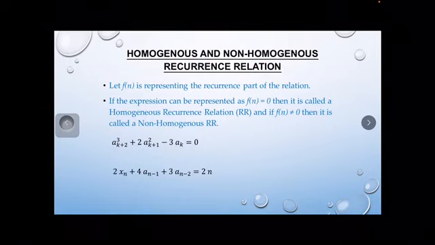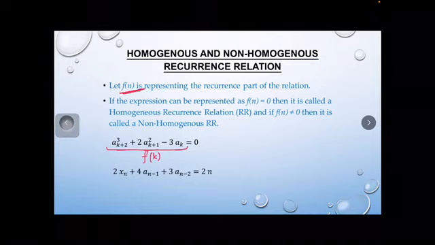Now come to the homogeneous and the non-homogeneous recurrence relation. So what is that? If we represent the recurrence part in terms of Fn, for example, your recurrence relation is a_{k+2} + 2a_{k+1} - 3a_k. Here the recurrence terms are a_{k+2}, a_{k+1} and a_k, so we represent this recurrence part